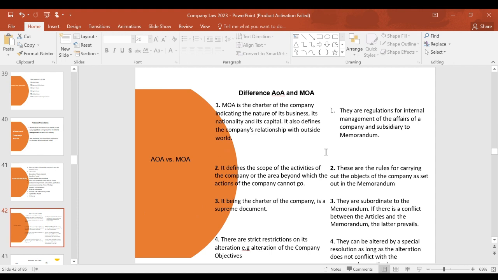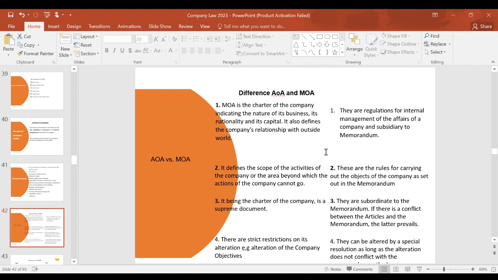Now, what about looking at the difference between the Articles of Association and the Memorandum of Association? With regards to the Memorandum of Association, this is a charter. This is what constitutes a company. In short, everything that is required to put a company in place normally comes through the Memorandum of Association, the charter of that particular company, which directs on the objects and purpose of that particular company